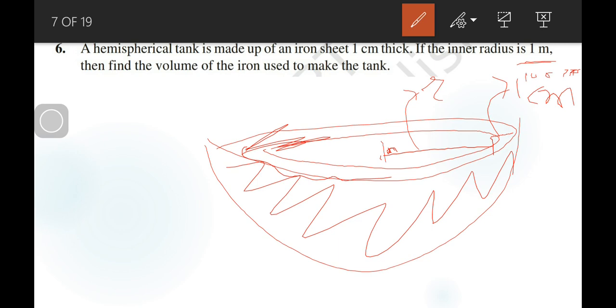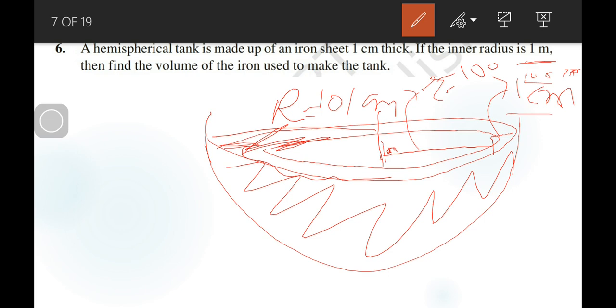bowl. So यहाँ पे जो बाउल दिया गया है उसका जो वॉल्यूम है, उसका उसमें जो शीट यूज हुई है उसका वॉल्यूम फाइंड करना है. तो इसकी इनर रेडियस दी गई है और आउटर रेडियस हम फाइंड कर सकते हैं, क्योंकि अगर उसकी इनर रेडियस 100 सेंटीमीटर है तो उसकी आउटर रेडियस यहाँ से लेके यहाँ उसको हम कैपिटल आर कह देते हैं, तो उसकी आउटर रेडियस है 1 सेंटीमीटर प्लस 100, क्योंकि उसकी थिकनेस भी यहाँ पे हम ऐड करेंगे, तो 101 सेंटीमीटर है वो आउटर रेडियस एंड इनर रेडियस इज 100 सेंटीमीटर.